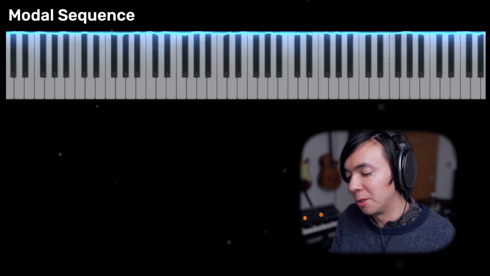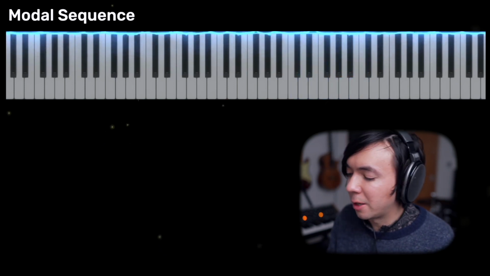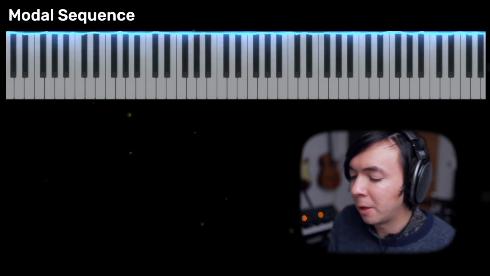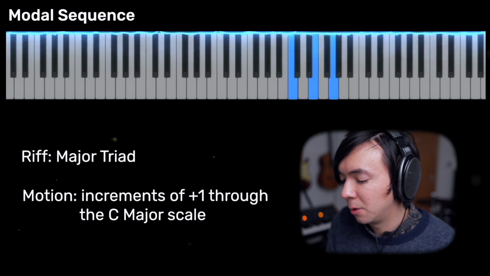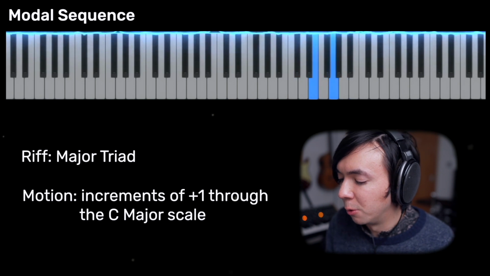The other kind of sequence is a modal sequence, where there's now a relationship between your initial shape and the underlying scale or pool of notes across which you're moving during the course of your sequence. So let me just show you what I mean. If I choose the C major scale, which is all the white notes on the keyboard, as my chosen scale, or my pool of notes that I'm going to play the sequence with, then as I keep this shape, I need to stay within the pool of notes that I've chosen.